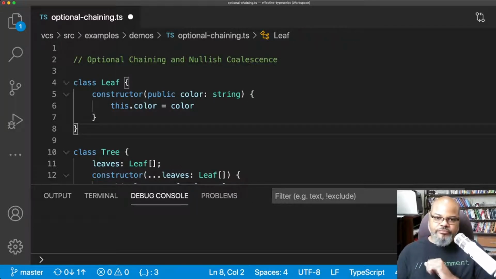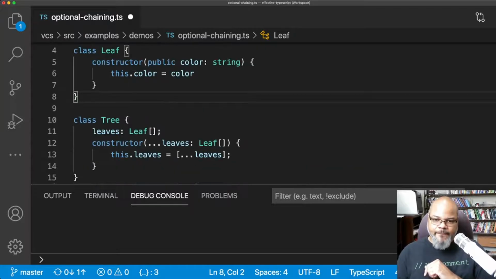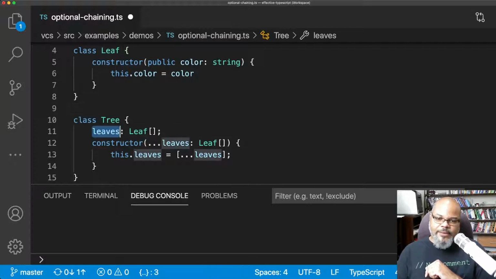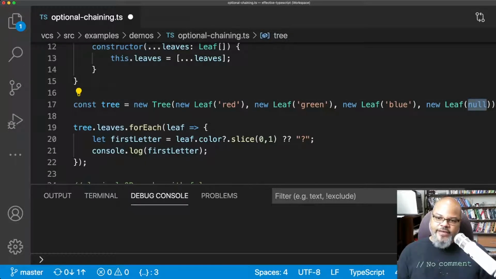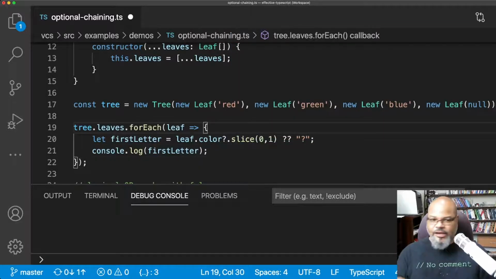All right. So I've got my leaf. I have a tree. And this tree takes rest parameters, so it can take any number of leaf objects. All it's doing is creating a copy of that array and setting that as the leaves property. That's pretty straightforward. Then I create a new tree that has a whole bunch of leaves. You notice one of these leaves has a null value. If I'm going to iterate through all of the leaves, and I want to account for the fact that one of these might be null, instead of having to do if this is null, then do this, and all that boilerplate code, I can just use the